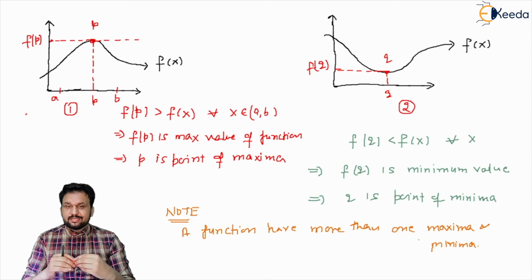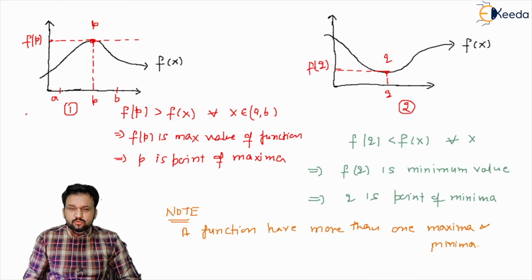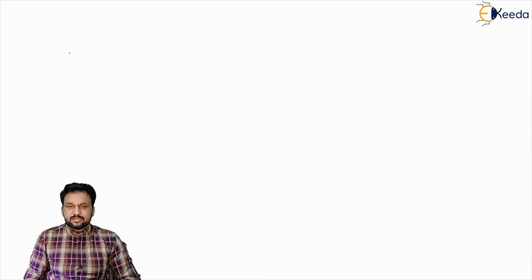So now the point is how we can find such a point where the function is giving a maximum or minimum value. Two more words are also considered with maxima and minima: absolute maxima and local maxima. Let's see. So my dear friends, if you have some function and it is behaving like this,